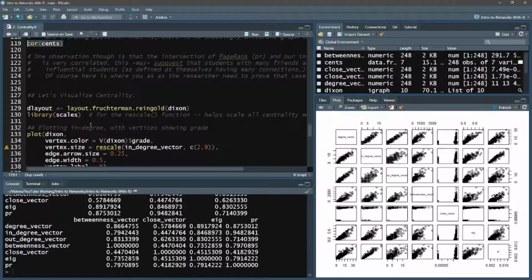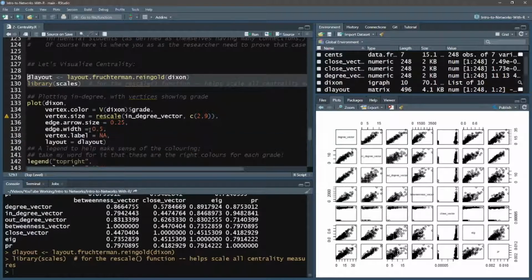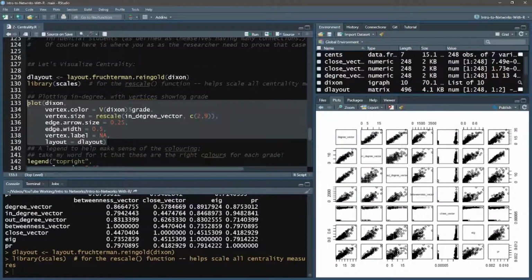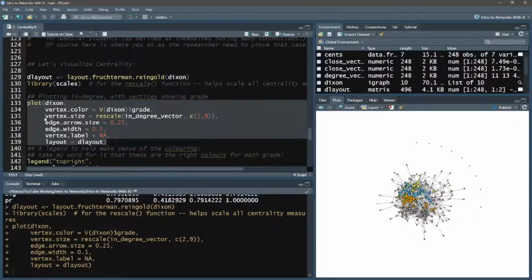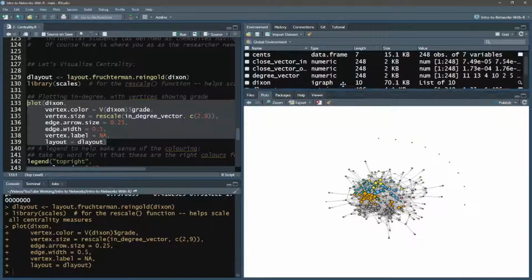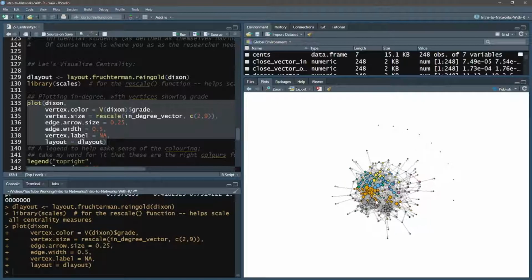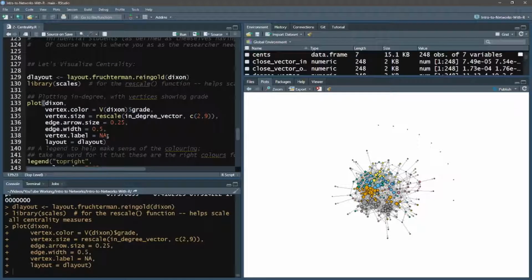But we can lay this out and visualize it even a little bit more if I use library scales as well as this layout function. What this layout function is doing is basically just setting up the layout for how we want our data to be looking. And then we'll use library scales to basically make this plot. It's a little bit small. Let me see if I can make it a little bit bigger for you. Nope, not really. Oh, there it is. So here, let me run through this plot.